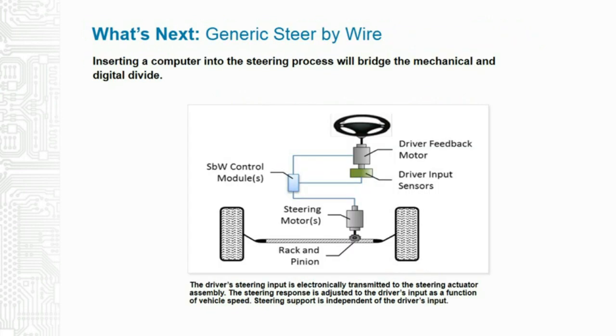The point I want to make here is about generic steer-by-wire. This is the way steering systems are developing. You'll notice there isn't a direct mechanical link between the steering wheel and the actual front axle and rack and pinion steering. There's a computer in the middle. You turn the wheel, it's translated into digital information, and the computer takes it from there. Where did this come from? It came from fly-by-wire, from aviation, where the pilot is moving the joystick, but all he's really doing is sending information as a request to a computer.